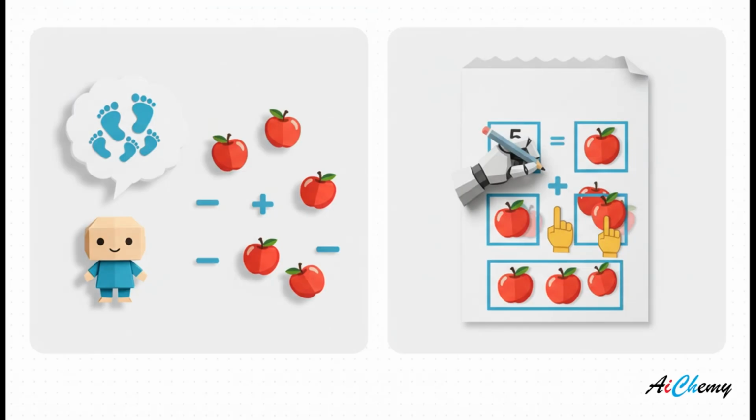And look at this example. We gave it a word problem and added that one magic phrase. Think step by step. Look at the output. It doesn't just spit out a number. It walks us through its entire thought process. It starts with 5, subtracts 2, adds 3, subtracts 1. This makes it so much easier to trust the answer, and it's far less likely to make a silly mistake.